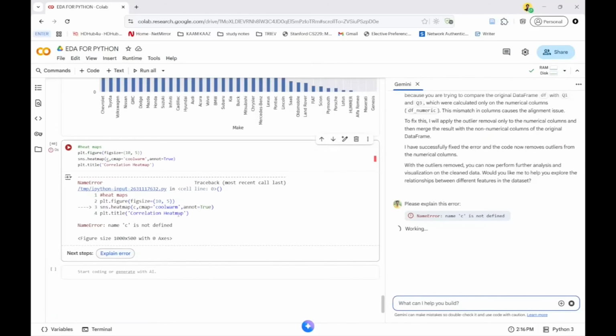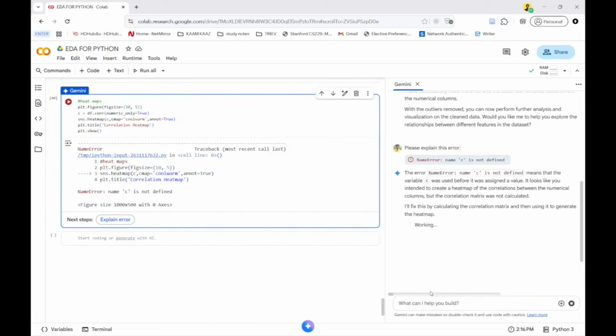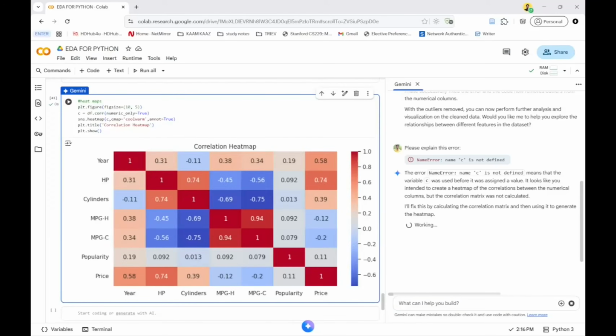So size is with a 0 axis. I just want to fix, I want this to be 10:5. I guess that works far better. But yeah, it will add the correlation for numerical columns only. Every time you need to add the numeric values only, then only it will show up. So now you'll see